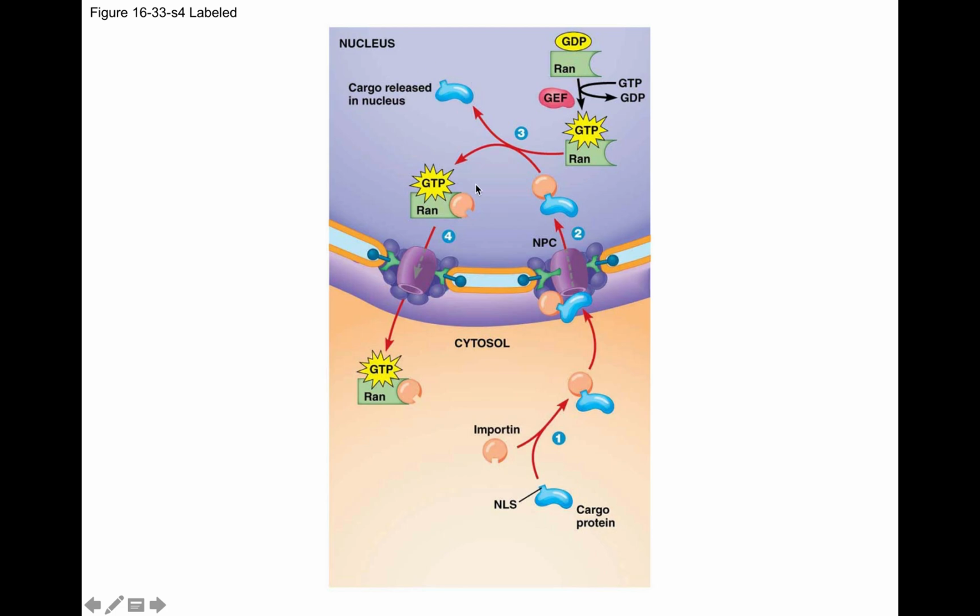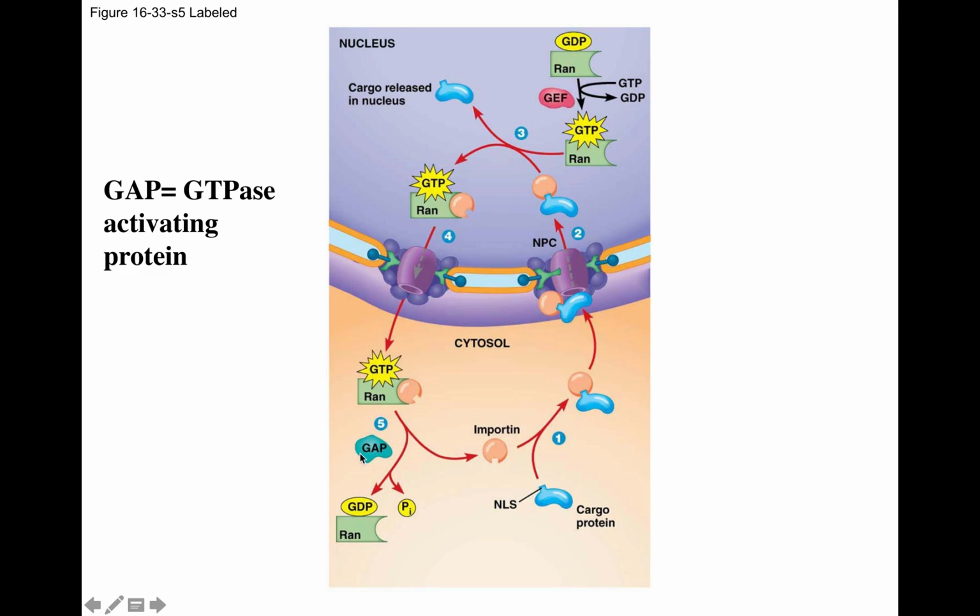To get the importin back out into the cytoplasm, so it can do this again, the GTP plus RAN goes back out through the nuclear pore complex. Okay, now it is here bound to importin, and GAP, GTPase activating protein, splits the GTP into GDP plus P